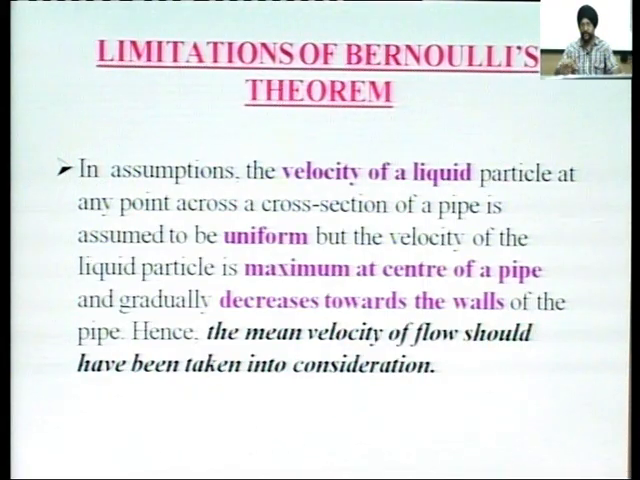Now, in the assumptions, the velocity of the liquid particle at any point across a section is assumed to be uniform. If you remember, it is uniform, but the velocity of the liquid particle is maximum at the center of a pipeline, and it gradually decreases towards the walls of the pipe. In the assumption, it is considered uniform, but